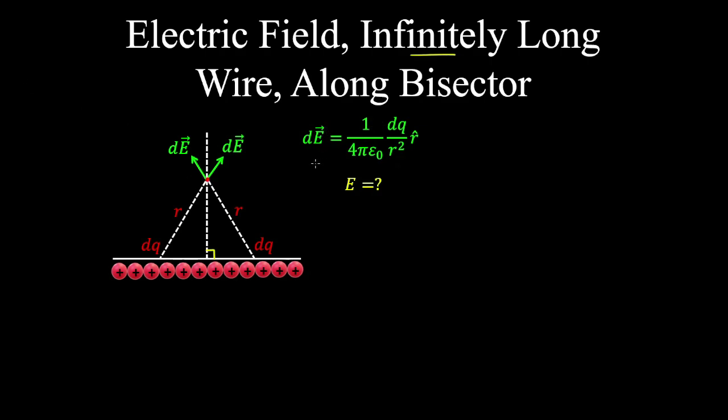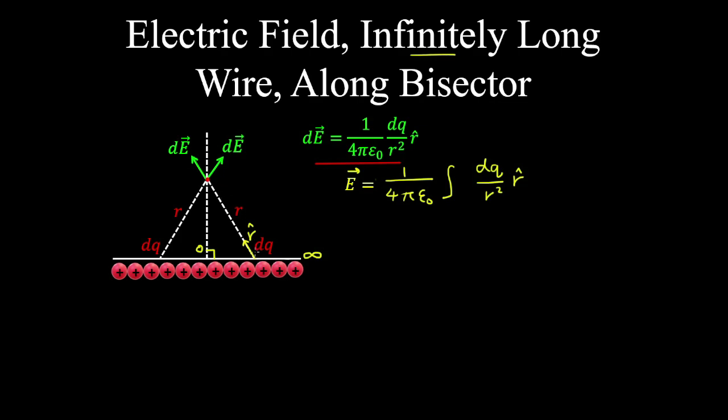So therefore, using this differential equation to determine the electric field, we'll integrate it. So we have 1 over 4 pi by the permittivity of free space by the integral with respect to the charge. And we multiply by the unit vector from the differential charge to that point. Now due to symmetry, we only need to analyze half of this wire. So we're going to integrate from 0 to infinity,